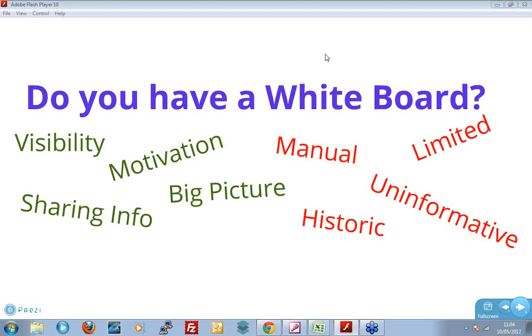But my biggest gripe about whiteboards is that they're uninformative, and I was going to use the word useless, although that's a little bit harsh, in the sense that it doesn't give you information, generally speaking, you can take decisions on. Look at your whiteboard at this moment in time, if you have one, and say, well, what information do I react to there that changes my course in the future to enable me to be more productive? And so what we really want from information management systems is something that will actually help me make decisions and do things in the future that are going to improve my business.